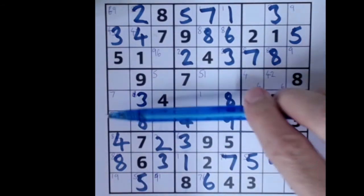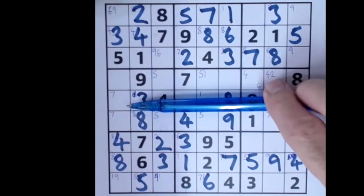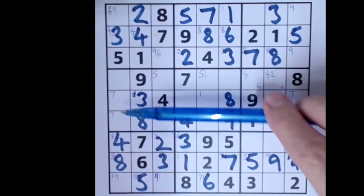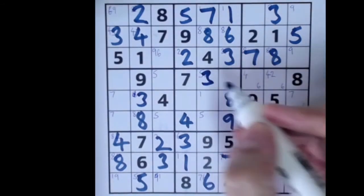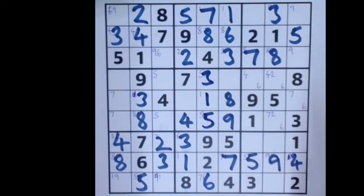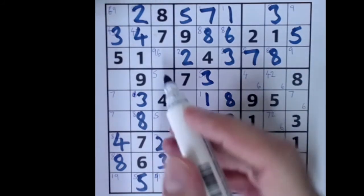Let's take that 3 and put it across this row here. 3 across this row. So blocked here, blocked here. This 3 comes down. So there's only 1 possible location here, right? 3's are here, 3's are here, 3's are here. So 3 therefore must be here, and we've just eliminated a 5 and a 1, so we can put those both in. 5 and 1, and our 5 here means that this can't be 5, but that was part of